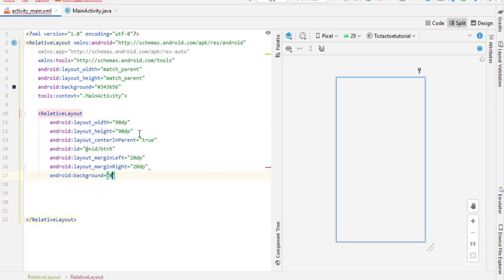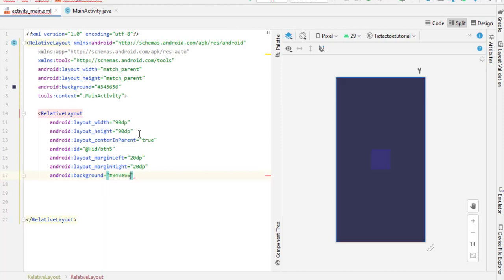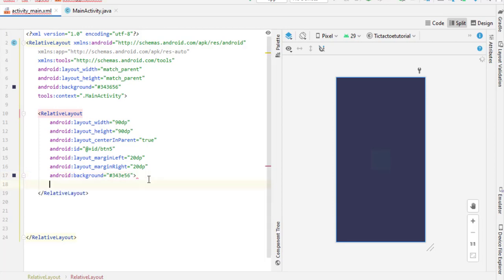So hashtag 343E56. So you can see this relative layout is created successfully here. Now what we have to do, we have to simply close this. A different color is appearing here because by mistake I typed 656 instead of E. So this relative layout is created successfully here.